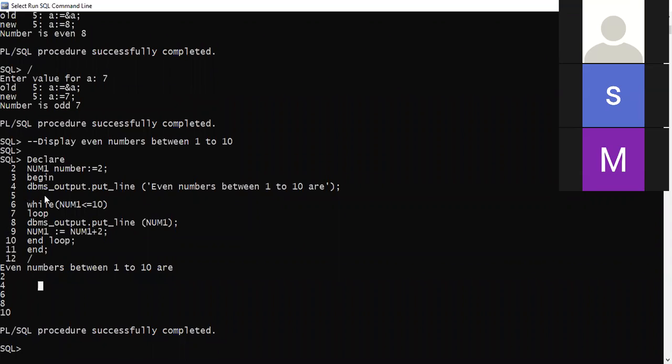Then one more program I have done. Actually, last time I had given it to the students as homework, but now anyway it is ready in the Word file, that is to print the even numbers between m to n. M and n means what?